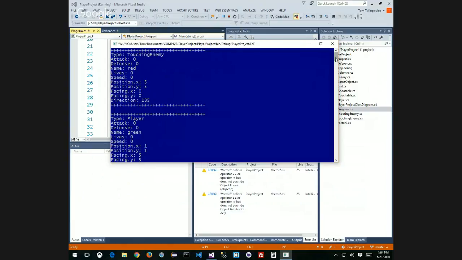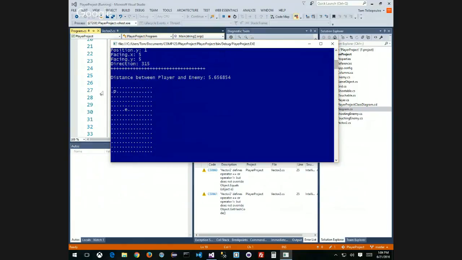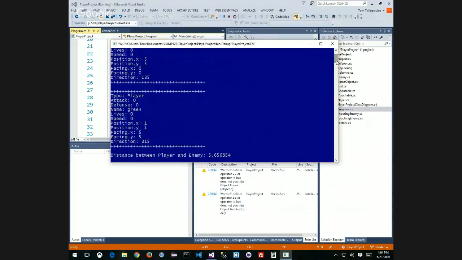Let's see how that looks on the grid. So 1 over, 1 down, that's 1, 1. And 5, 5 is 5 over and 5 down. That's how it works. I also find that the distance between these two is approximately 5.656854 units, because it's taking the distance between these two objects. So I was able to create this example for you so that you can see more complex